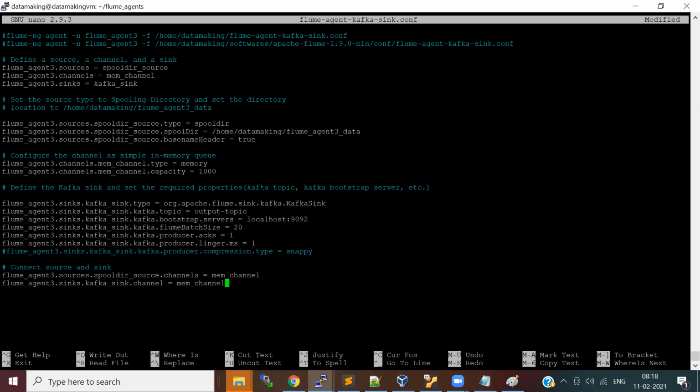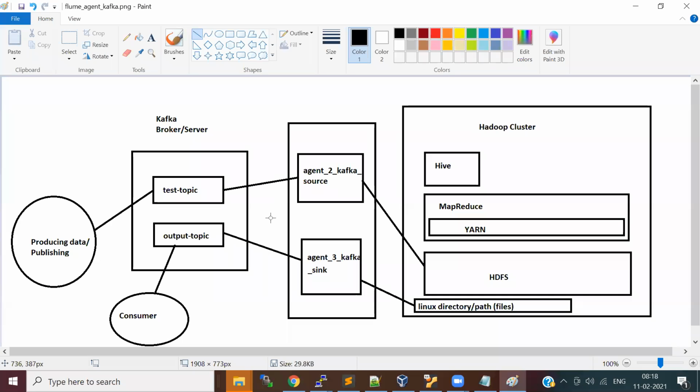See, what the agent knows is from where the data can be picked. The agent knows the external destination, which is a Kafka topic, and what the source is, a Linux directory. That's what the agent knows.